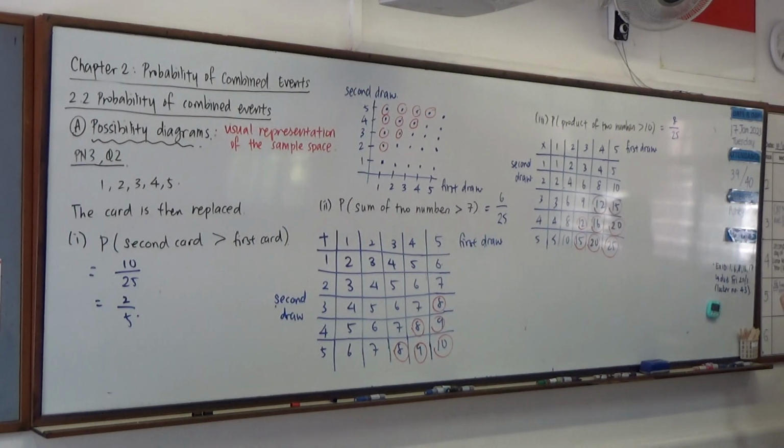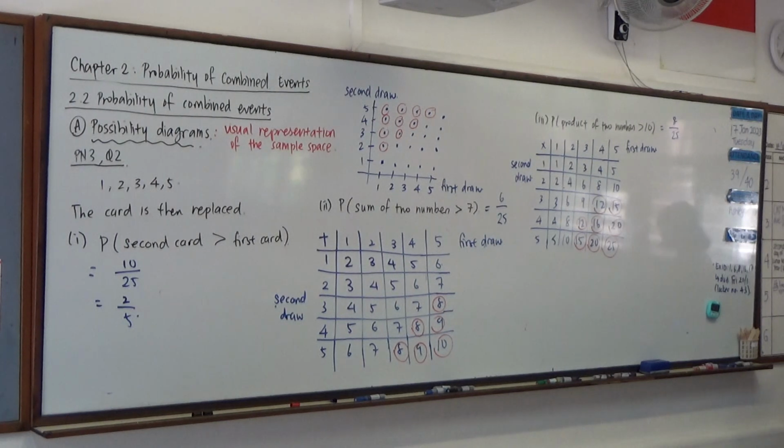Any questions? Do you all find this tedious? Tedious, especially if you want to draw it neatly. But there's a possibility of a possibility diagram coming out. The probability of it is not 0. So we need to know how to draw. But usually knowing Cambridge, they will usually already print out for you, they ask you to fill in the blanks. They usually won't make you go and draw the whole thing. I think Cambridge has been very nice in recent years.